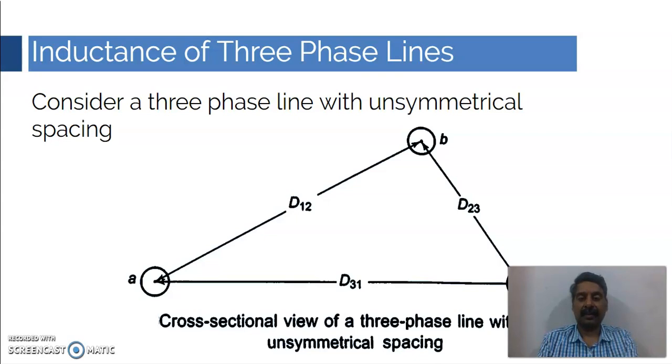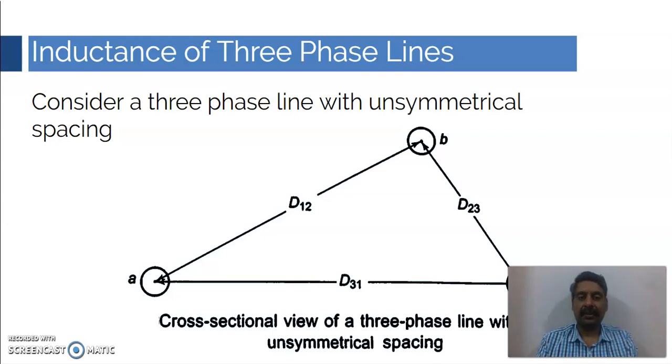This is the cross-sectional view of a three-phase line with unsymmetrical spacing. You have three conductors A, B, C. The distance between A and B is D12, between B and C it is D23, and between A and C it is D31. Now let us try to calculate the inductance for such a three-phase line. Before we use our flux linkages and other things to calculate the inductance,